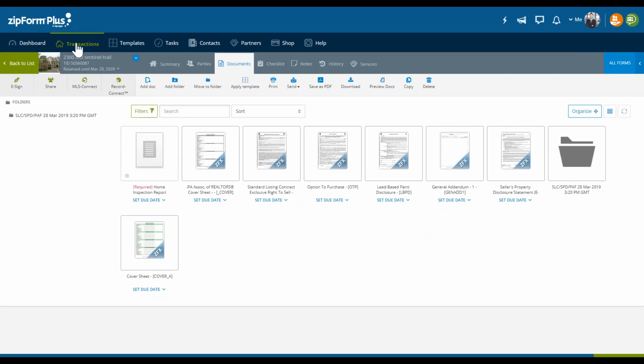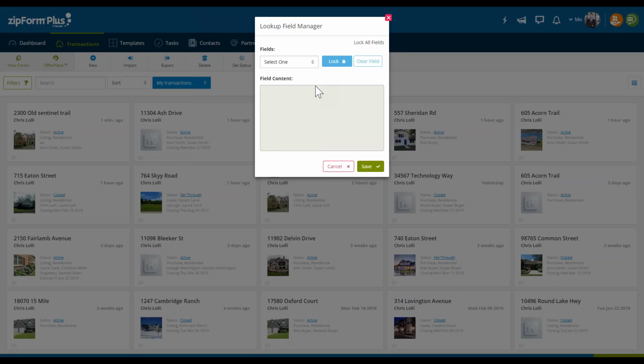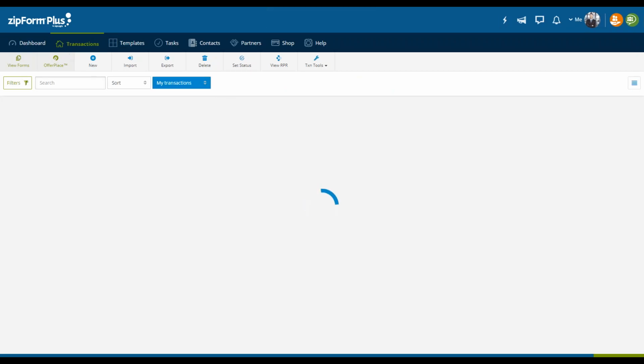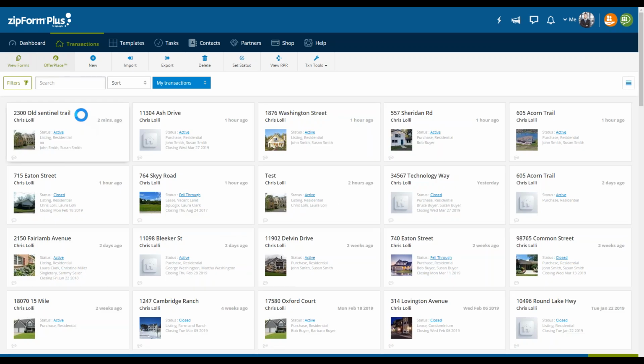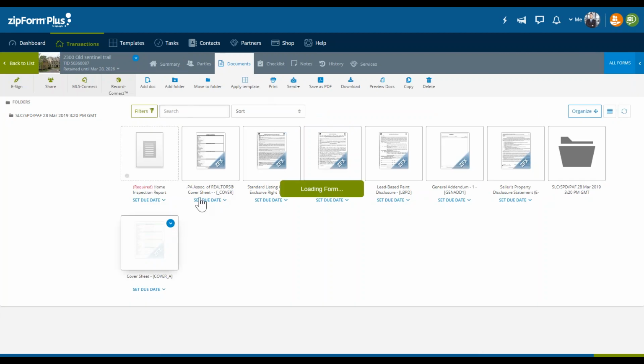You go to Transactions, and on the Transactions Home landing page, you click on Transaction Tools, and we have access to the Lookup Field Manager. The cool thing with this is we can edit and manipulate anything that you see within those form fields. For example, there's Buyer 1 email, that's what B1 email is. We can edit these emails, or in our case, Buyer 1 name. We had Bob Buyer, and here's that Laura lady. If we don't want to see her name there anymore, we simply remove it and click Save. Then we can refresh our account, go back into that particular transaction or any form, and we won't see her name displayed in that drop-down list anymore.